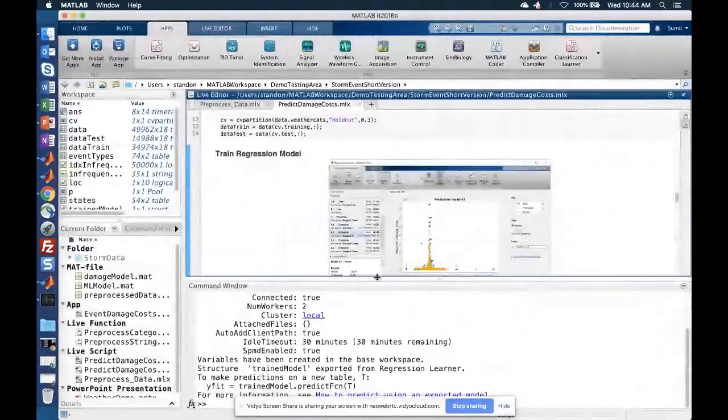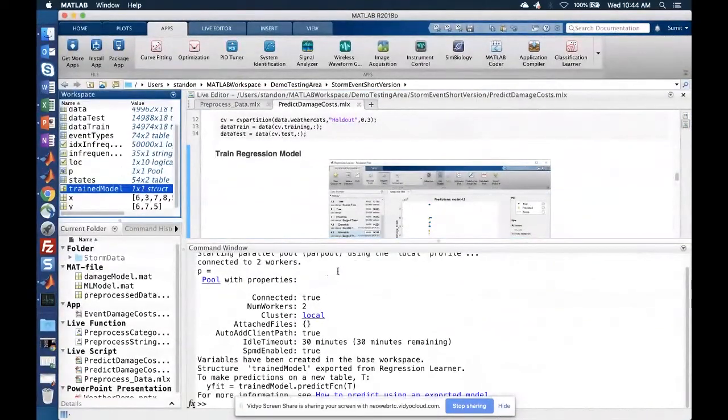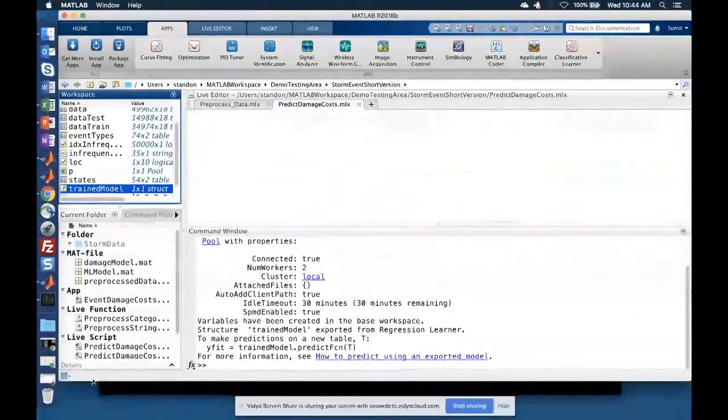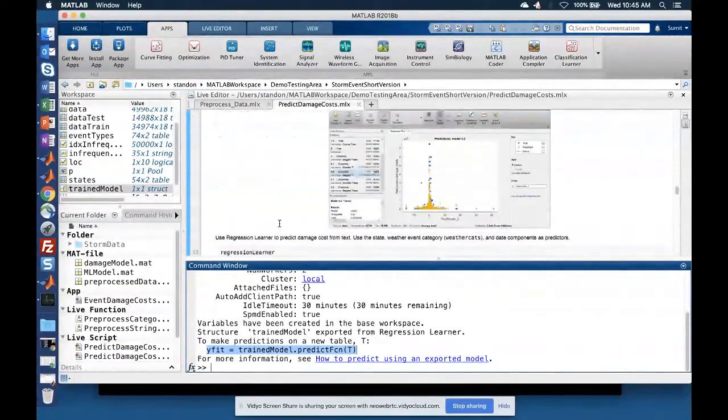If I do that, you'll see trainedModel is the model that shows in the workspace, and if we change the window size a little bit, you'll also see this message being displayed in the MATLAB command prompt, which shows you how to use that model for prediction purposes with the rest of the data that you have.